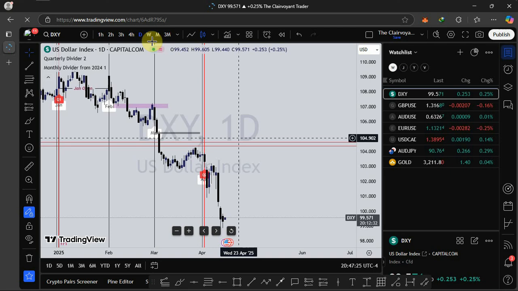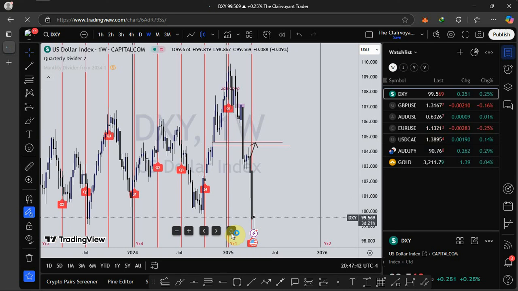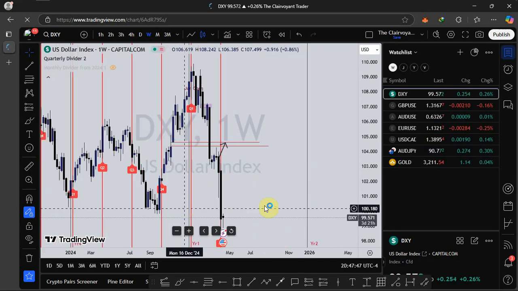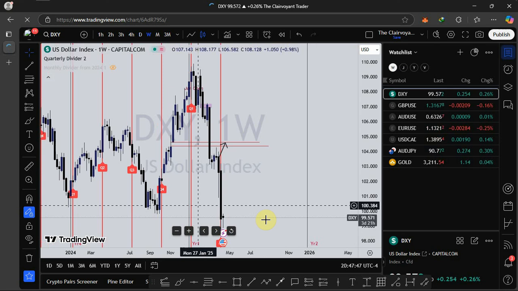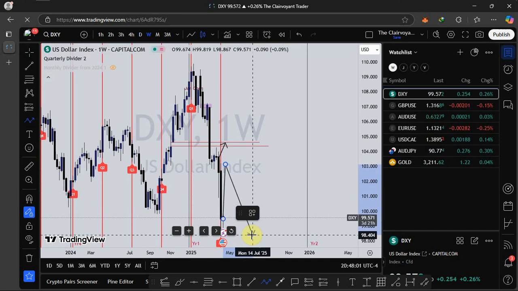On the weekly time frame, as you have seen, price was taking out all these sell side liquidity. I'll call this relative equal lows. Price has taken out this. So for price to continue to push to the downside on the higher time frame, I will expect to see price push up to fill this liquidity void right here, into this area here. Then we see price continue to push down.